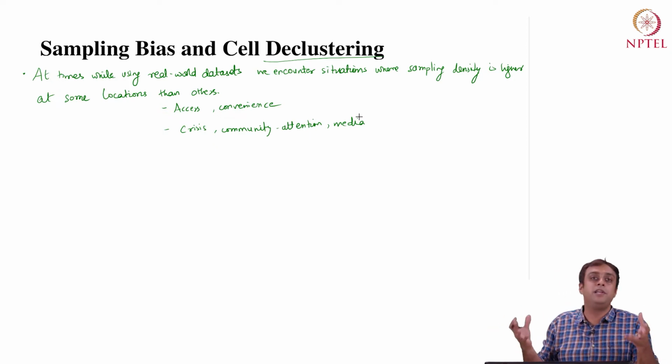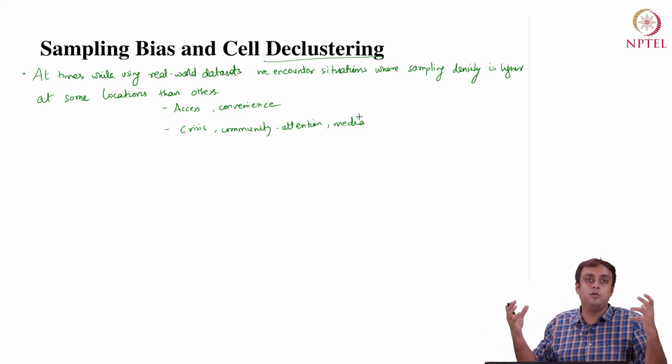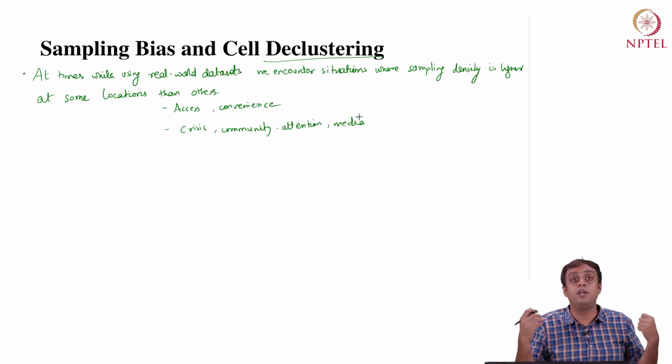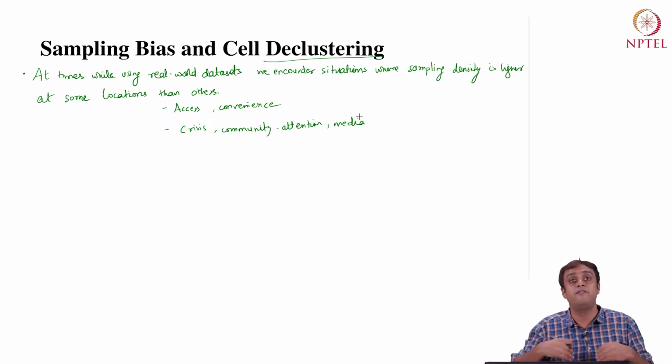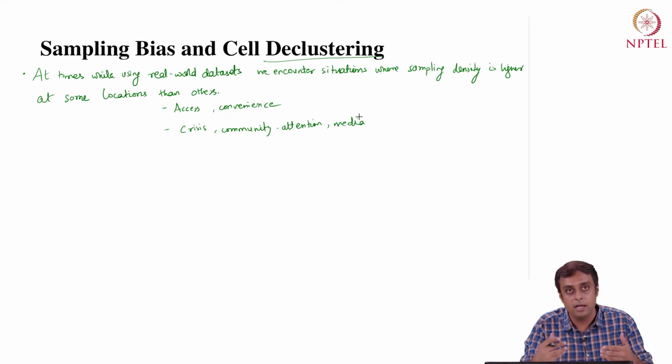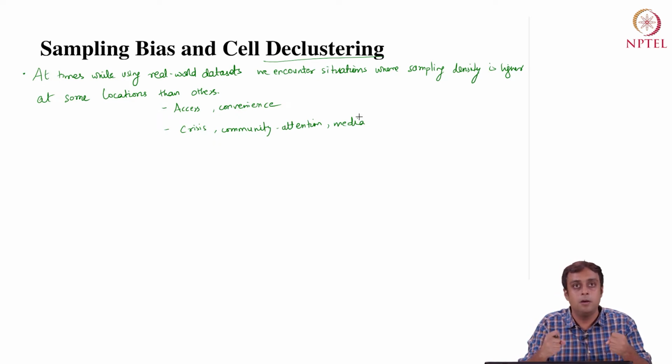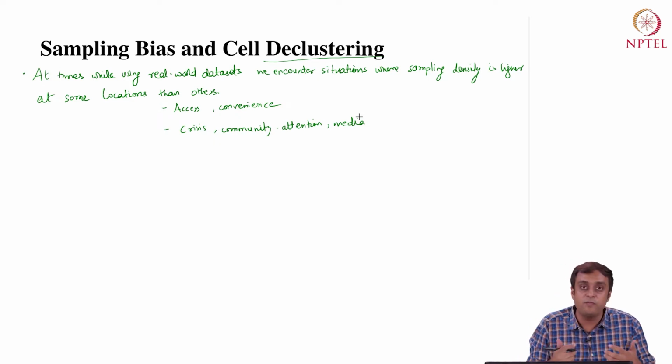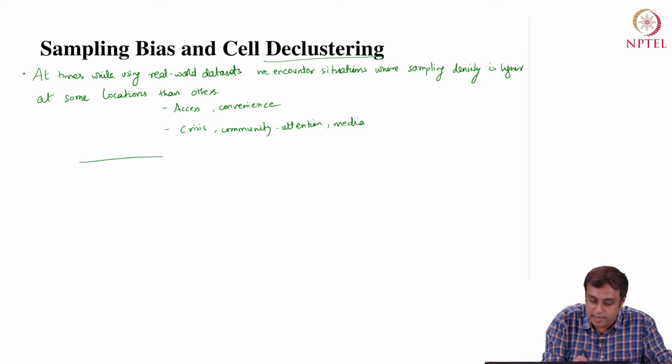So especially if you have a lot of attention from the community because the groundwater levels are declining and we will not get water in the future, it is possible that the monitoring agencies can intervene and start to monitor those areas more intensely. Now, what that will do, if you try to visualize that situation, that last example that I gave you,